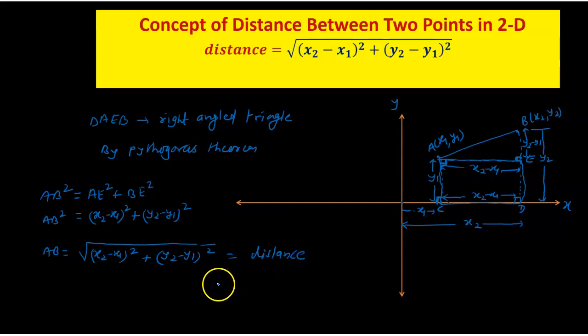So this is how we prove that the distance formula is simply derived by the Pythagoras theorem. So consider the coordinate system, then according to this figure we can easily prove this distance formula between 2 points in a coordinate system. Similarly, the 3D distance formula is also derived in this manner. Okay, thank you.